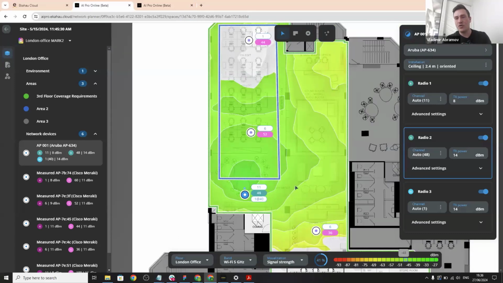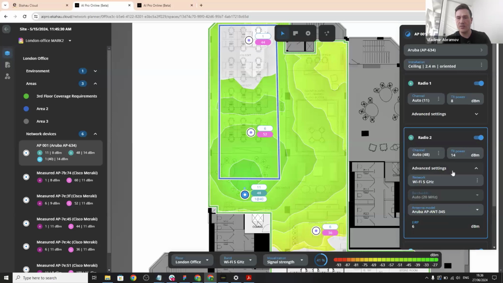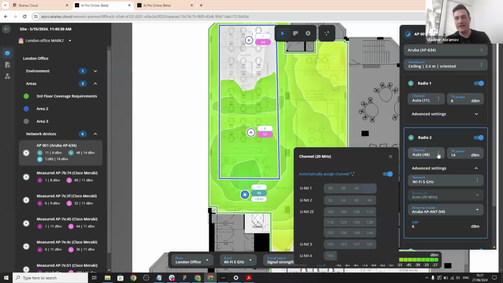And what else can you do here? I didn't yet show you how you can change some settings. When you select an access point, you will see this access point setting, and you can change on the radio level any setting you like. So basically channels, TX power. If you click on advanced setting, you will see a network and a bandwidth and also antenna model here. So don't be surprised to see that the channel is set to auto if you place those APs by default. What it means is basically we want to automate the channel planning here, so you don't need to do it afterwards. If you click on these three dots, you will be able to turn it off and